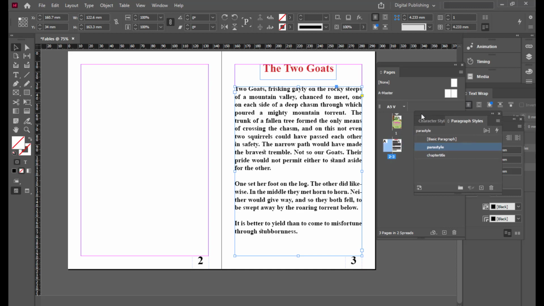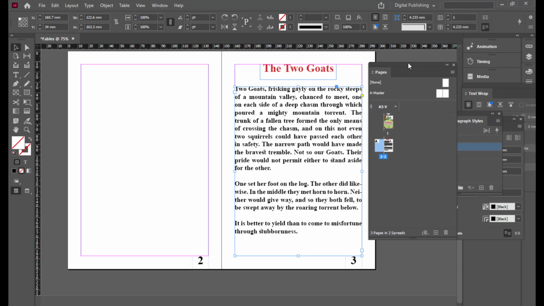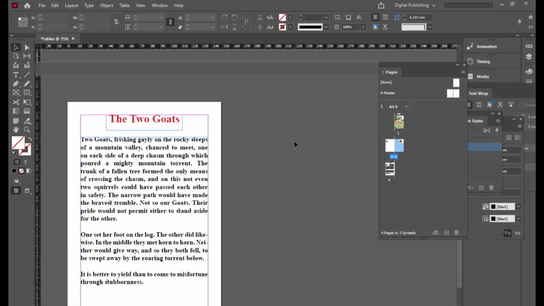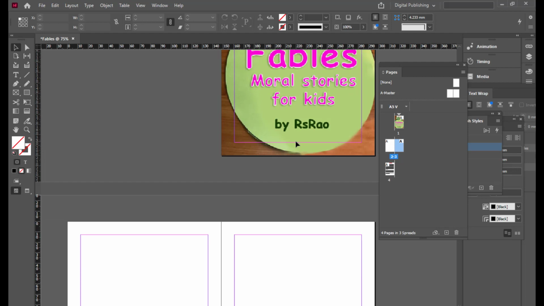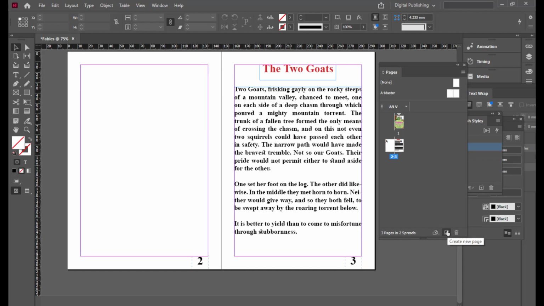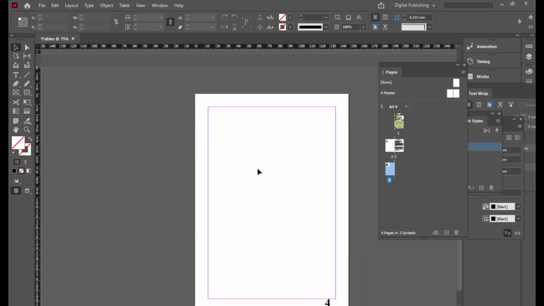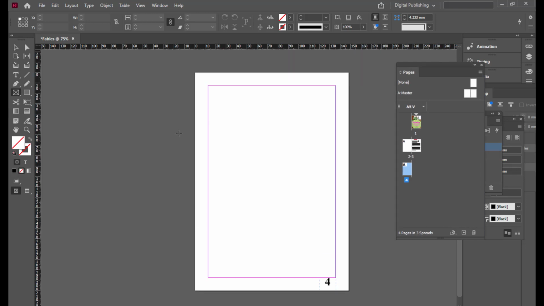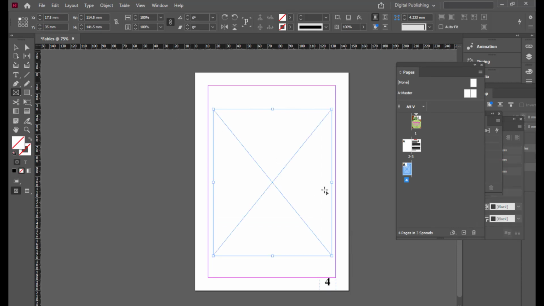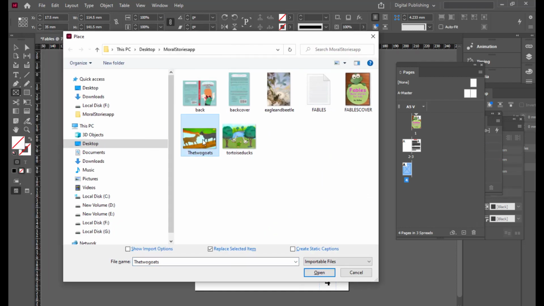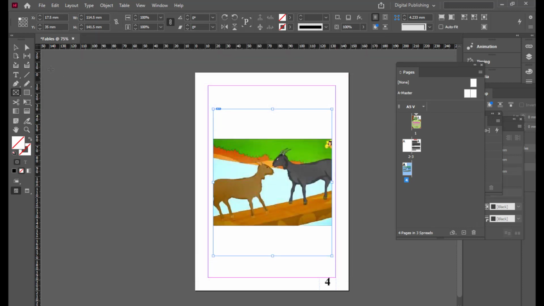Right, so the next thing we'll do is, we'll just create one more page. So the one more page is the fourth page. So simply let's come back here. We will just create an extra page. Okay, right. So in this page we will put the image. So we can just create a rectangular frame tool, and just hit Ctrl D, and we'll select these two goats image. Right,